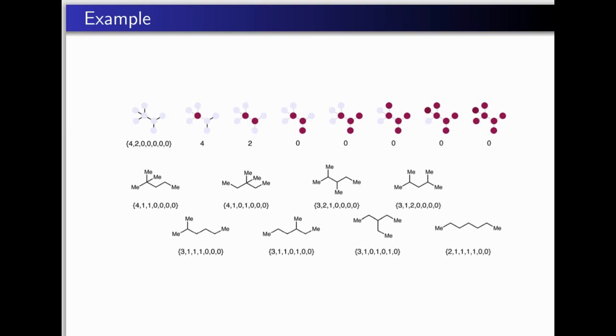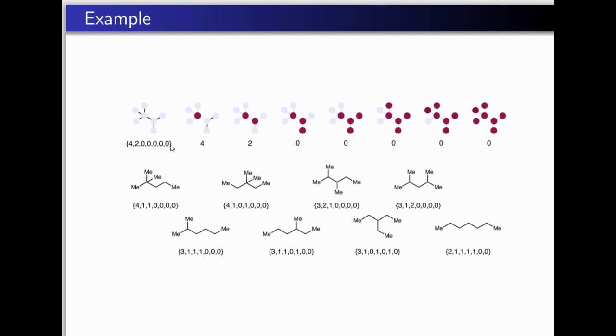So as you can see on the screen, it is a molecule of 7 carbon atoms and the most substituted vertex is this one. There are a total of 4 edges. After removing this vertex, the next most substituted vertex is this, which has 2 edges. After removing this, all the other vertices have 0 edges. So the n-tuple code generated from this is 4, 2, 0, 0, 0,